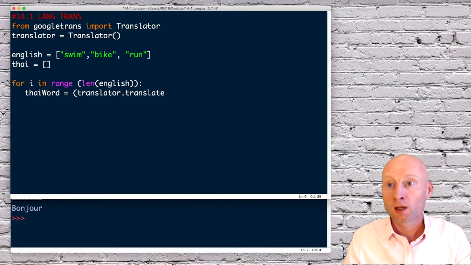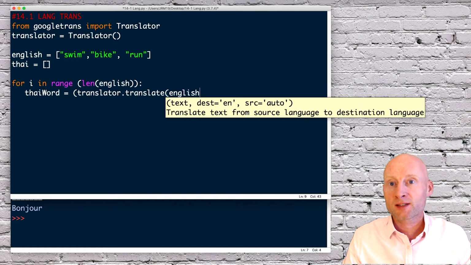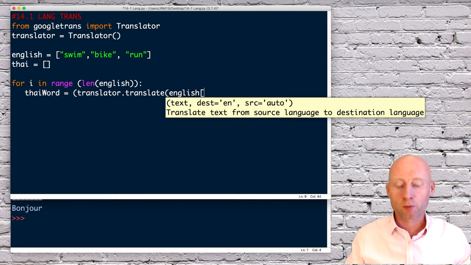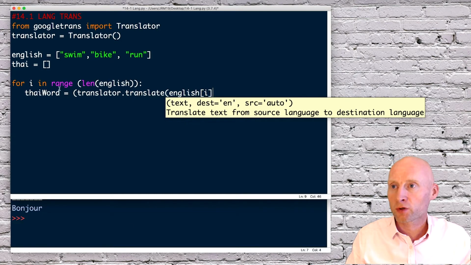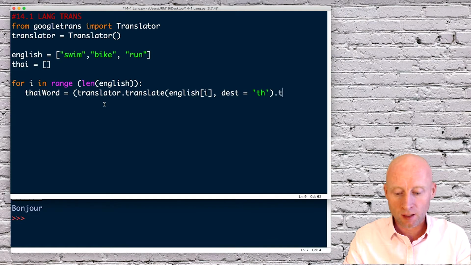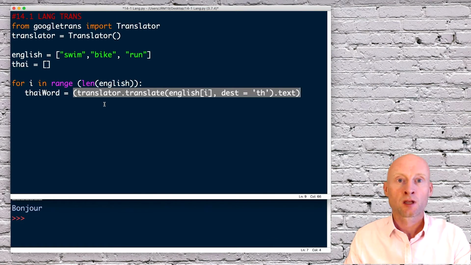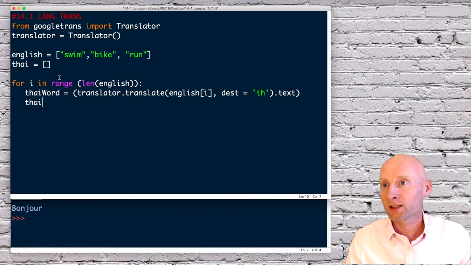translator.translate, and then I want to translate that English, but this time I need to translate word by word. So if I translate position of i, the position of i on the first loop through this list is 0, which should translate swim. And then again, if I say dest, so the destination language, in this case I'm translating to Thai, and then I only want the text returning, close those brackets, and then I can say Thai, so my Thai list, I created an empty list here, dot append